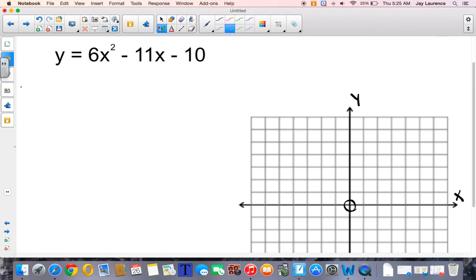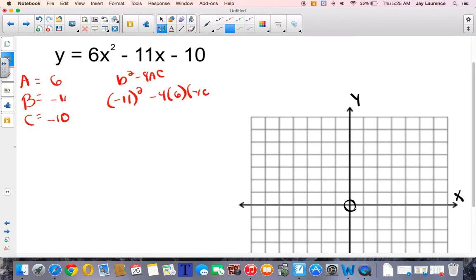First of all, I'm going to identify A, B, and C. Now I go find my discriminant, b squared minus 4ac, and let's see, that'll be negative 11 squared minus 4 times 6 times negative 10. This will be 121, and that'll be a positive 240 because I got a negative times a negative. So that'll be